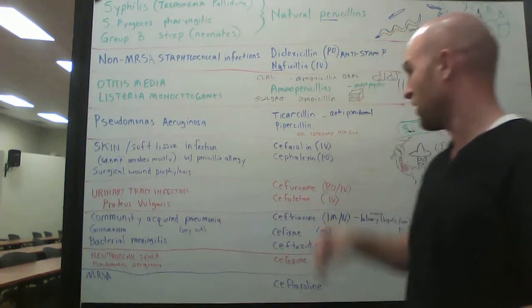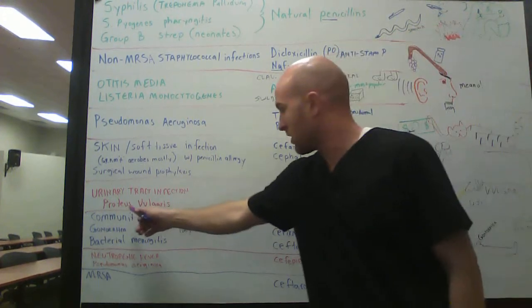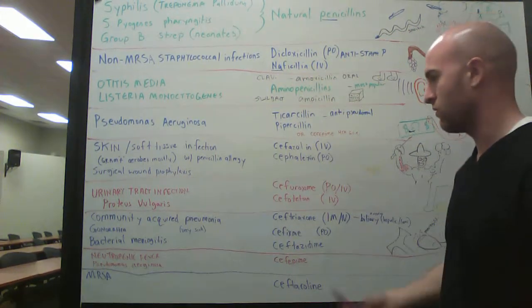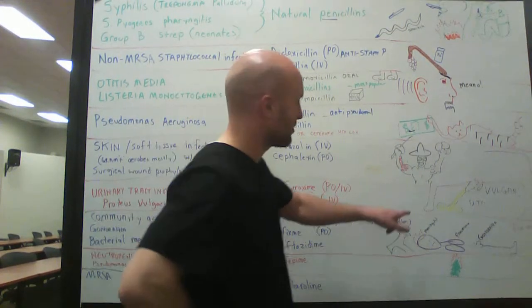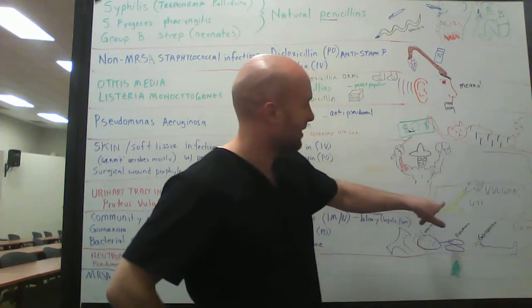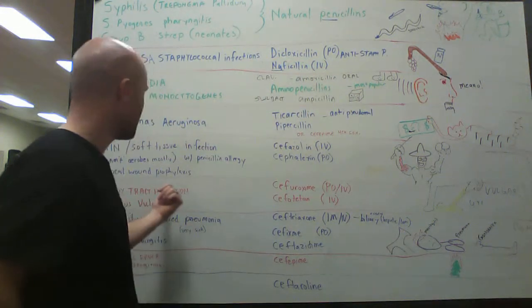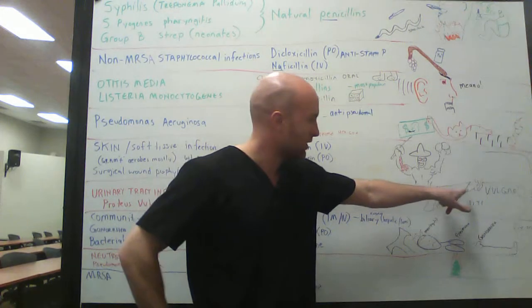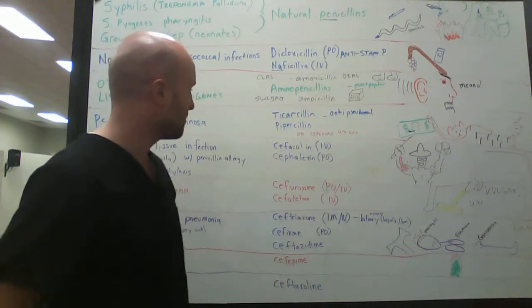Next we have urinary tract infections. So Proteus vulgaris. Obviously vulgaris sounds like vulgar, so I had to make something vulgar for this one. What's something vulgar and gross? I drew a picture of an ox going pee. And that actually also helps because we know this is urinary tract infections. So this is the urine of the ox going pee. And the reason why I drew an ox is because